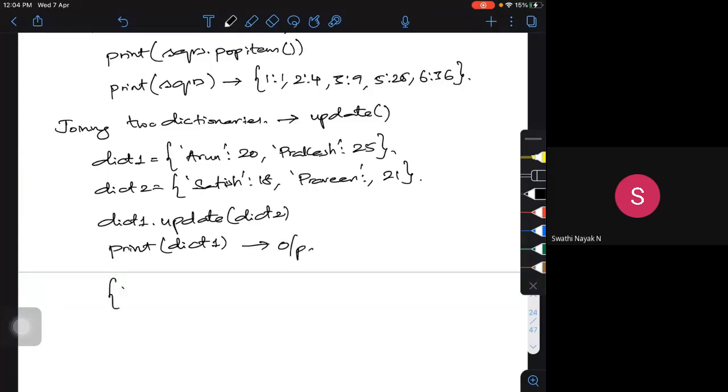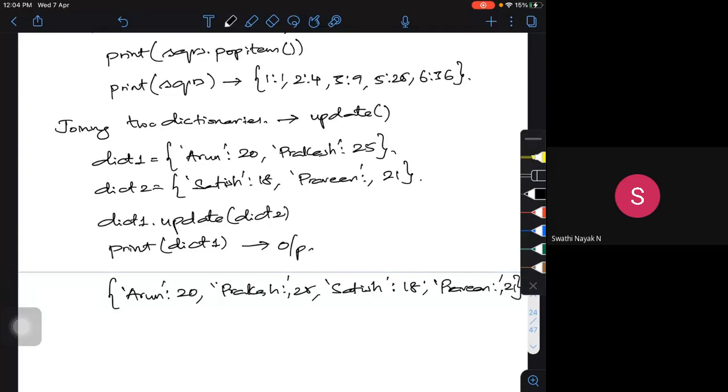The output will be Arun 20, then Prakash 25, Satish 18, then Praveen 21.